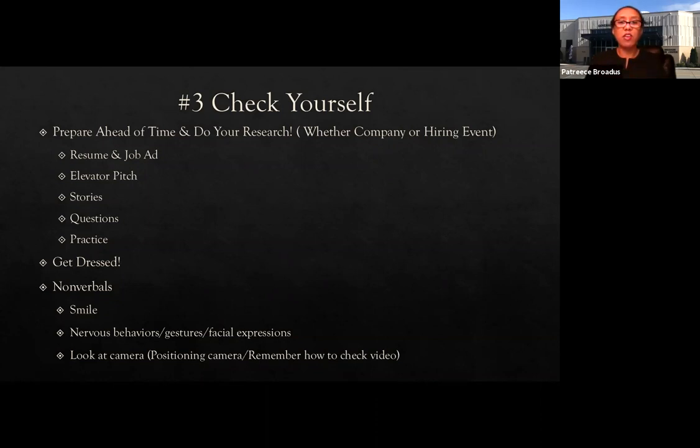Now, we have a really great question here. Is the expectation to still wear a suit for a video interview, or is a more business casual attire appropriate? I think that's a really great question, and here's the thing. I think it also depends upon the particular organization. Remember, organizations have certain cultures. There are certain types of organizations that are very business oriented, very strict. You kind of pick up on that. Then I would suggest, yes, wearing a suit for it.